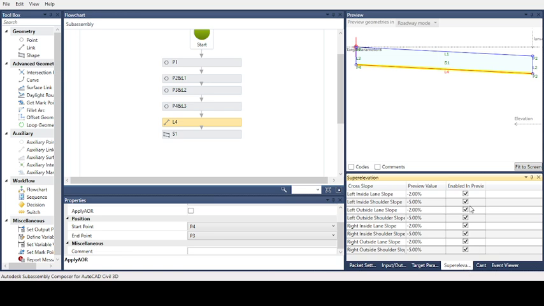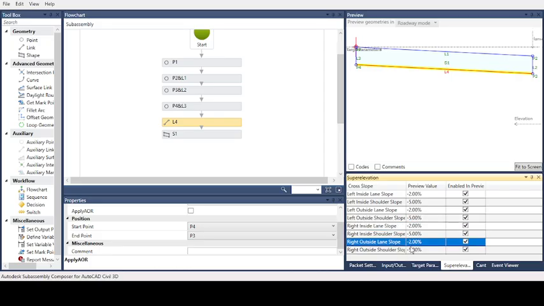To see the super elevation by inserting values, we go to the super elevation. We will increase the super elevation. We increase the values and it gives us the link change according to the inserted value. For example, the left inside lane slope, we can change for the left inside shoulder slope, left outside lane slope, left outside shoulder slope, and another. For now, we will use the right outside shoulder slope.